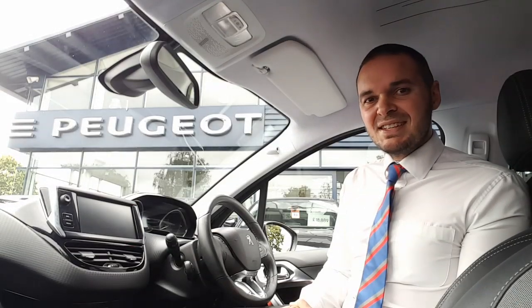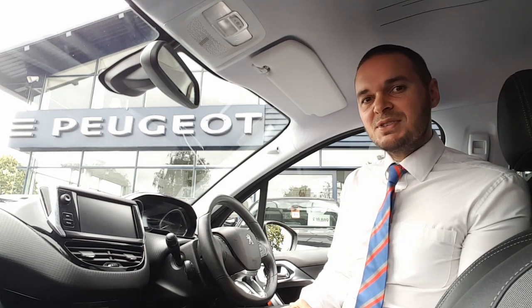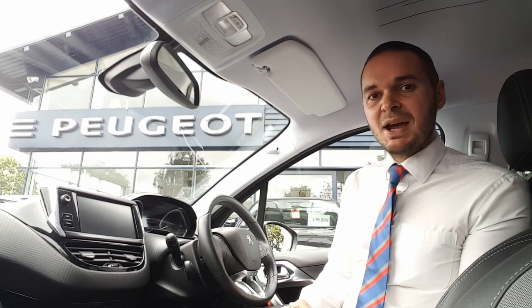This car's got the 1.6 litre Blue HDI engine that gives you 100 horsepower. It's done under 17,500 miles, and if it's of interest to you, then please get in contact with us at Howard's Peugeot in